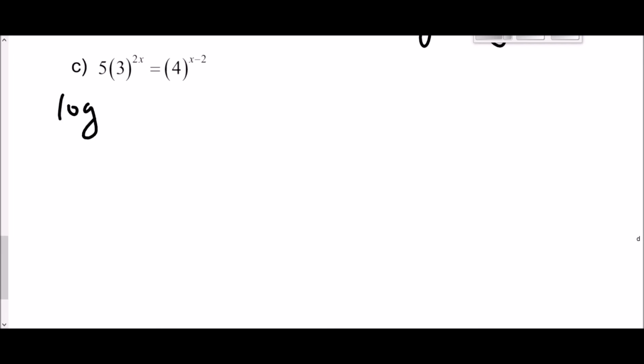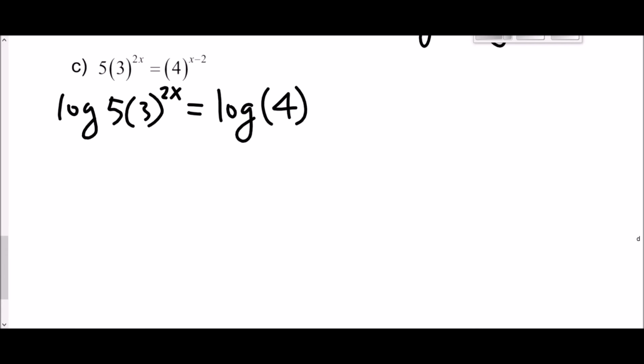So log of 5 times 3 raised to the power of 2x equals log of 4 raised to the power of x minus 2. Now, I'm sure you guys know some stuff by now that you tend to think, oh, I can move this to the front, but keep in mind, this 2x only applies to 3. If this 2x applied to the whole thing, then you could move this to the front. Nope. So therefore, we have to split up these two first,